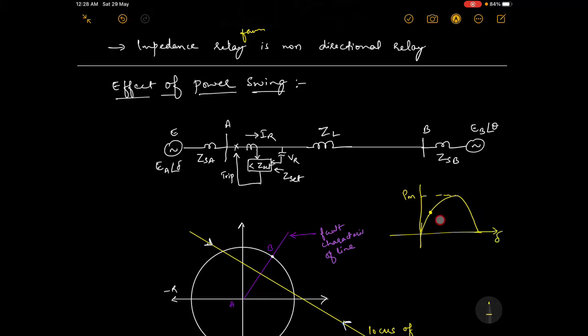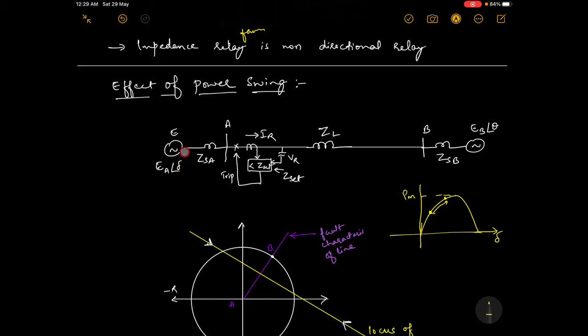So when it can operate up to maximum, after that it will go to unstable region. During a large power disturbance, there might be an oscillation, you might have learnt it. This point may go up to here and then come back, but it will make a swing, correct. It will be a slow variation, it will not happen suddenly, it will take its own time. So once there is a large power variation, the power swing will happen, and that will continue till theta and delta come to their initial position.